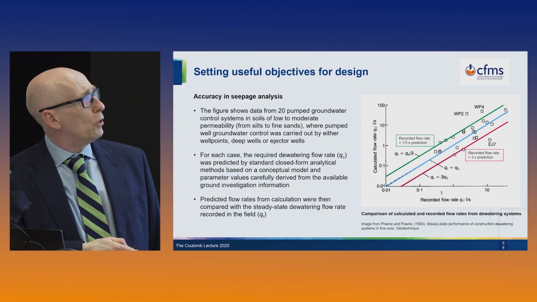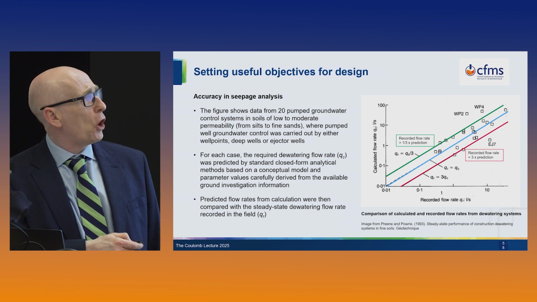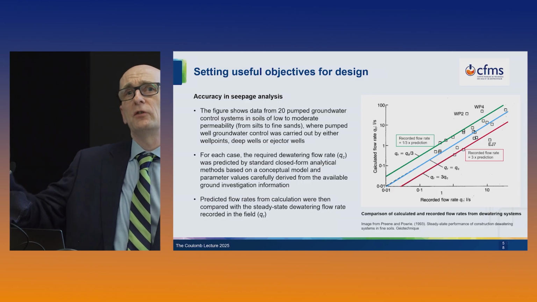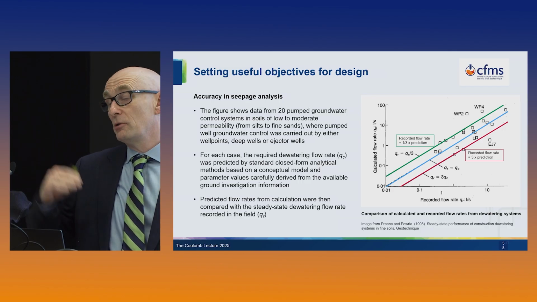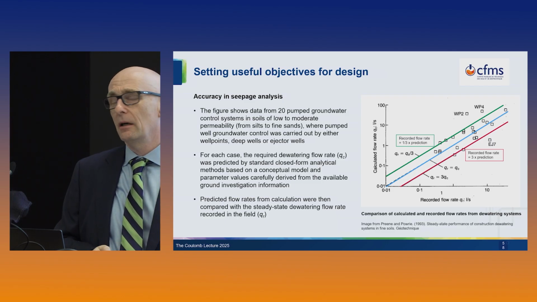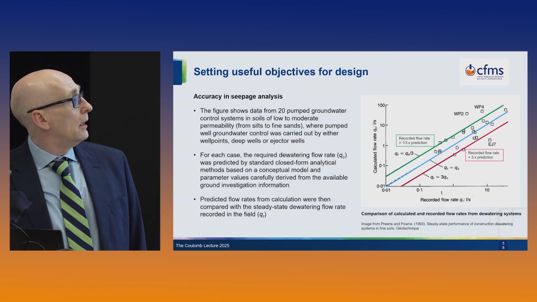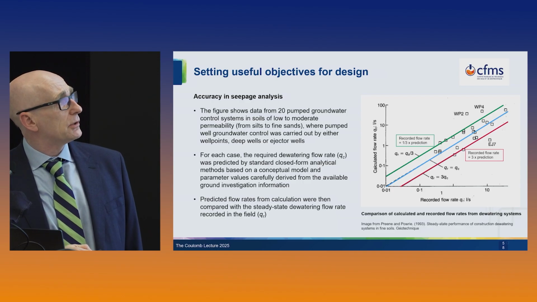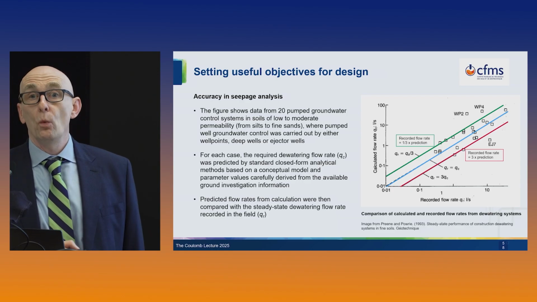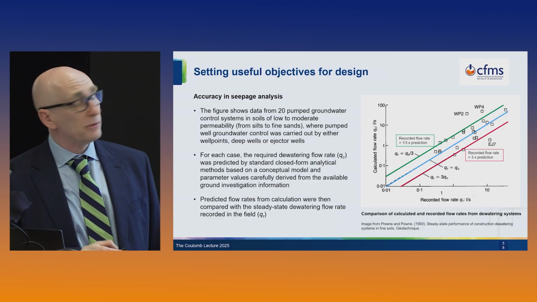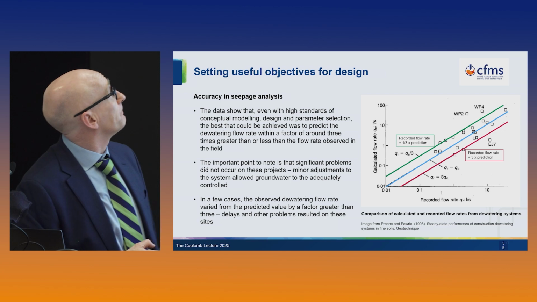Interestingly, probably more of them are a situation where our calculations over-predicted the flow rate. And I wonder whether our natural conservatism in picking parameters and characteristic values means that in dewatering we're naturally going to be overestimating the calculated flow rate a little bit. But the point I want to make is that most of these projects within this zone were not disasters, they worked fairly successfully, whereas it's the ones outside that were more problematic.